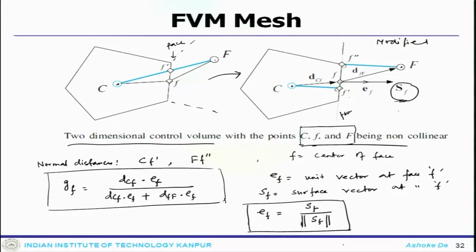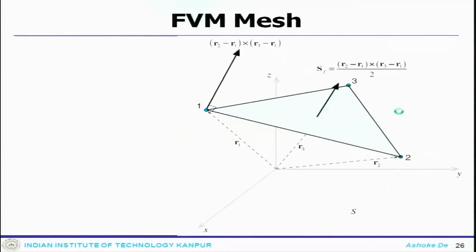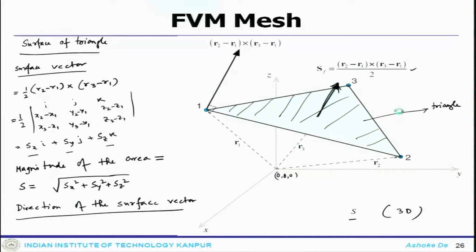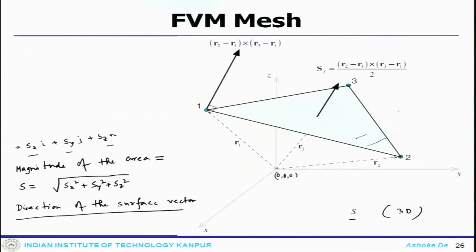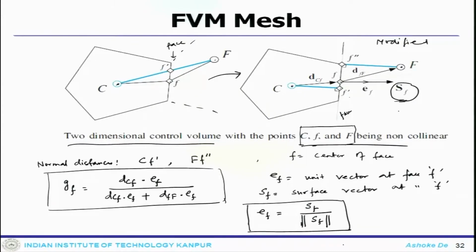So, one of that is the handling of different kinds of polyhedra and the surface vector. Essentially, when you have that, you need to get a proper estimate of the polyhedron and the surface vector, and it may be possible the connecting neighbors are not collinear, then you have to estimate their weighting factor. All these are pointing towards only one thing, the calculation of the gradient,